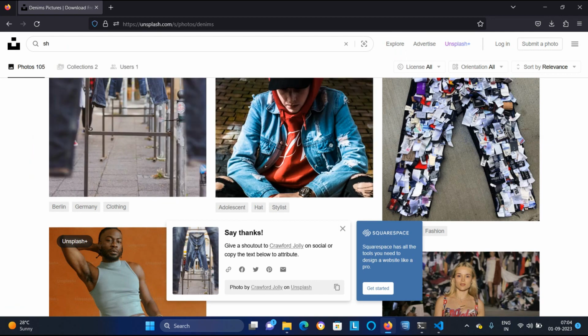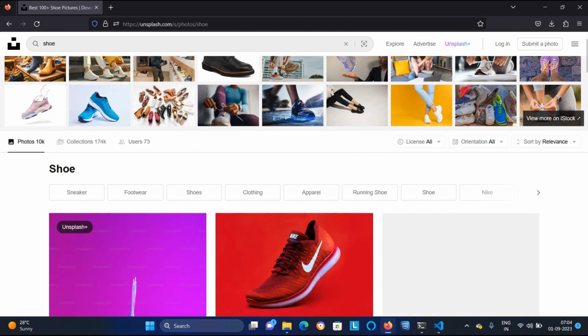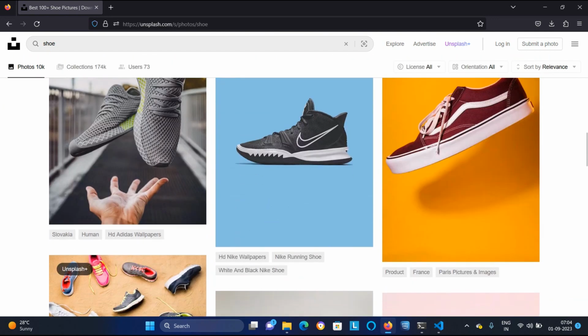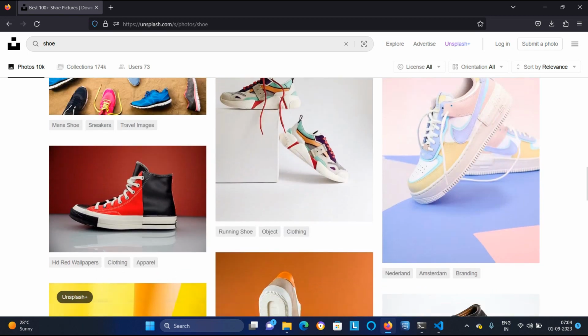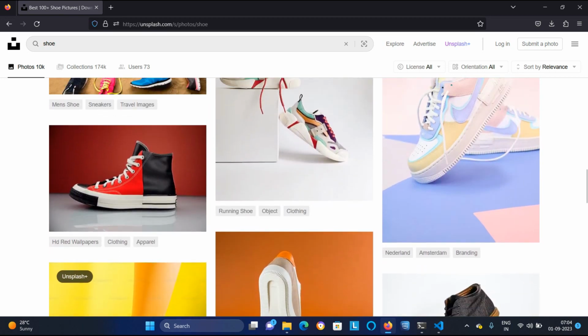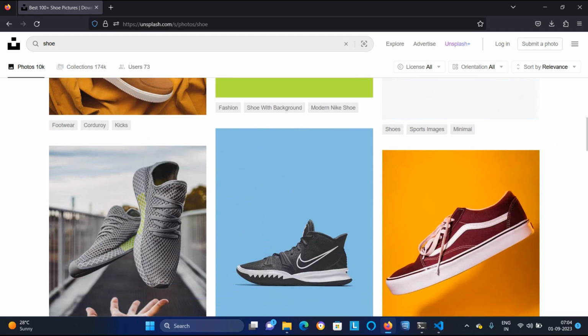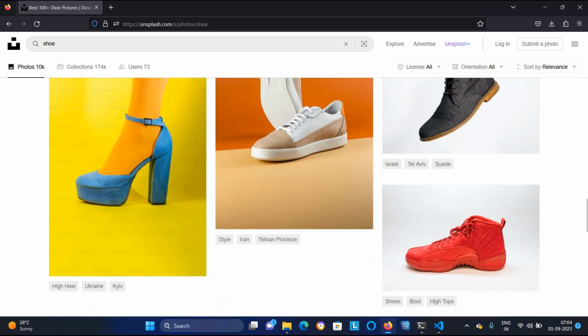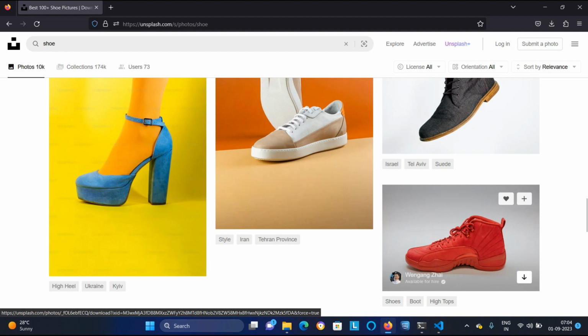Then again, whatever images you want, you can select. Since it is add to cart, I will say shoe, and we'll have some shoes as well here. Download this one.